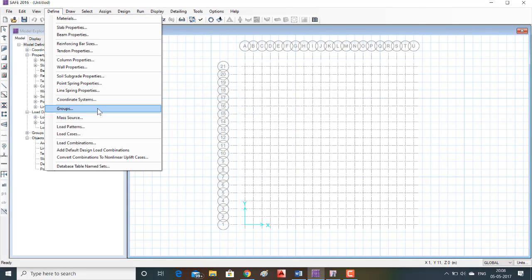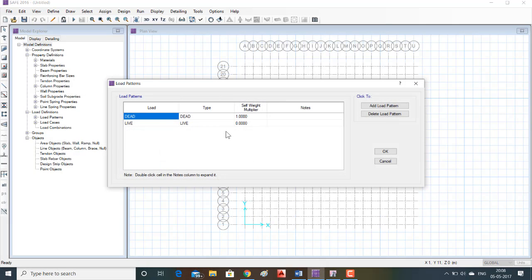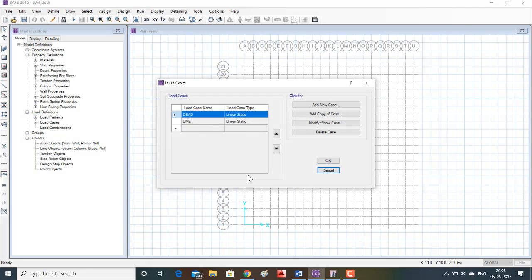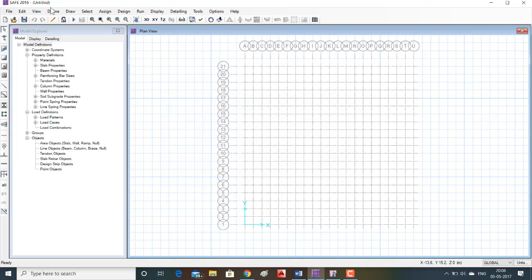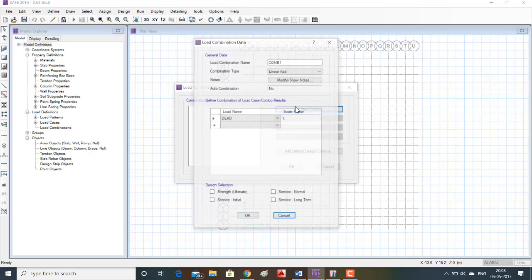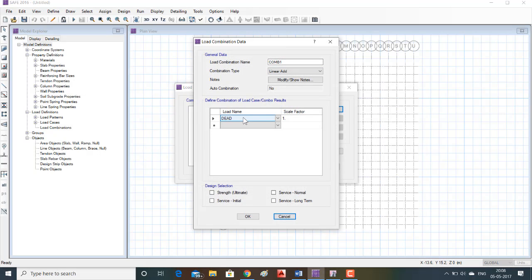Go to define load patterns. See, the load patterns have already been mentioned. Click on OK. Again define load cases. Load cases dead and live are linear static here. Click on OK. Now define load combination. Add new combo. Combo 1, dead load of 1.5 scale factor.